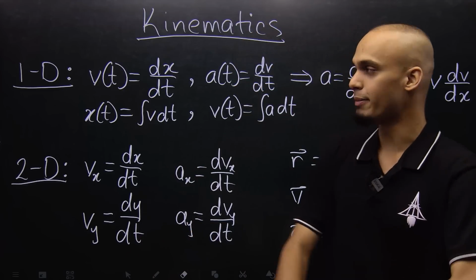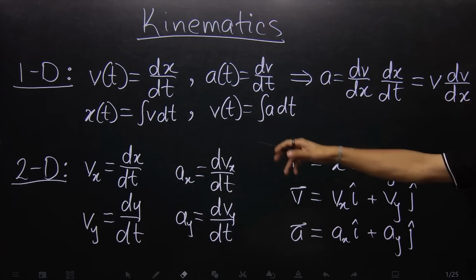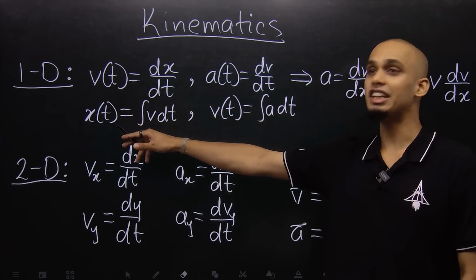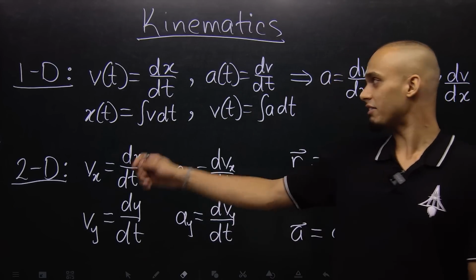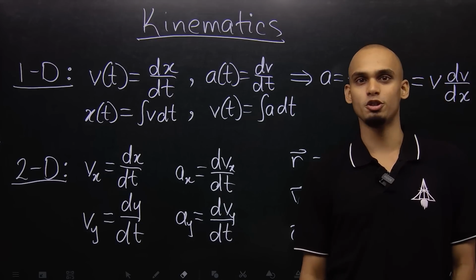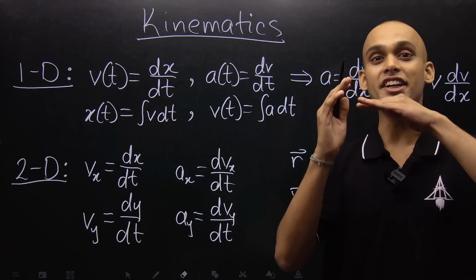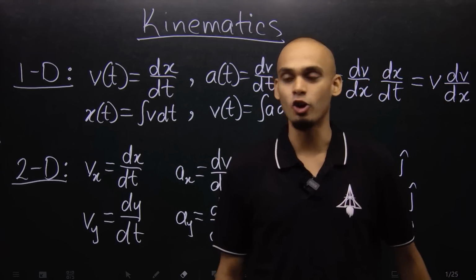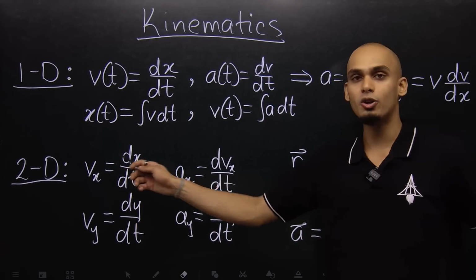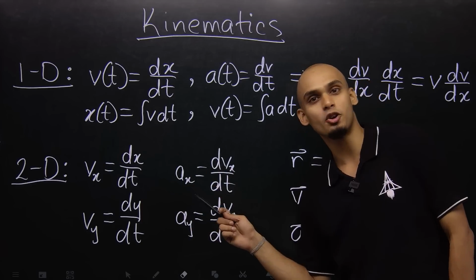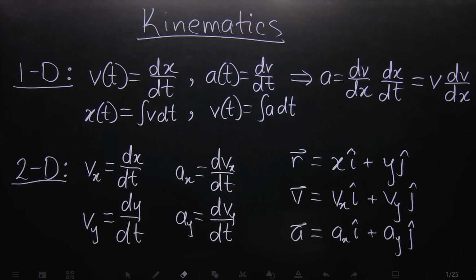First chapter is kinematics. You need to only know the relation between instantaneous velocity, instantaneous position and instantaneous acceleration. In the case of one-dimensional motion, they are very straightforward. In the case of two-dimensional motion, what we do is simply we divide the motion into two perpendicular components, x component and y component we call them, and the instantaneous velocity components, acceleration components and the displacement components can be